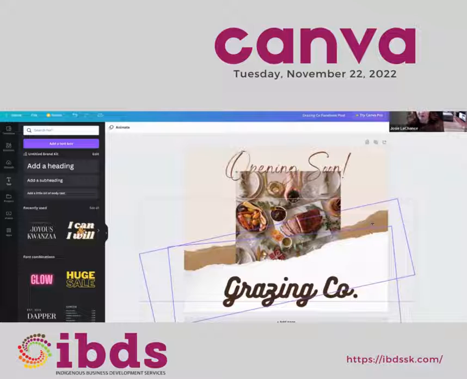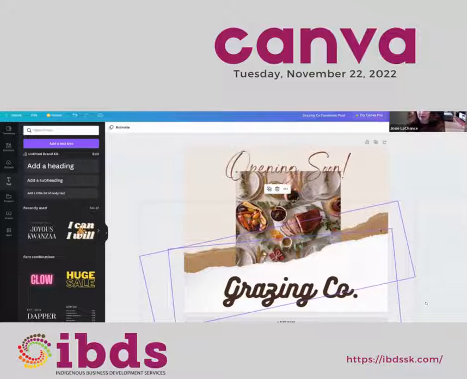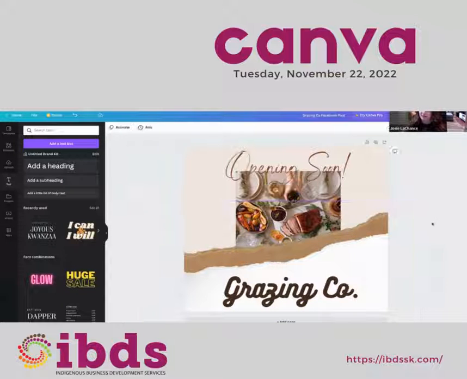And what I really recommend, if you're really particular and you like how these images line up together perfectly, a trick to keep them from being able to move on their own is at the top right-hand corner, you'll see this button and it says group. If you group them together, now they become one.